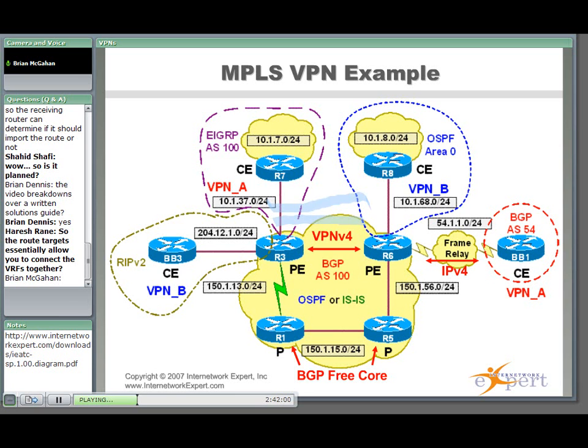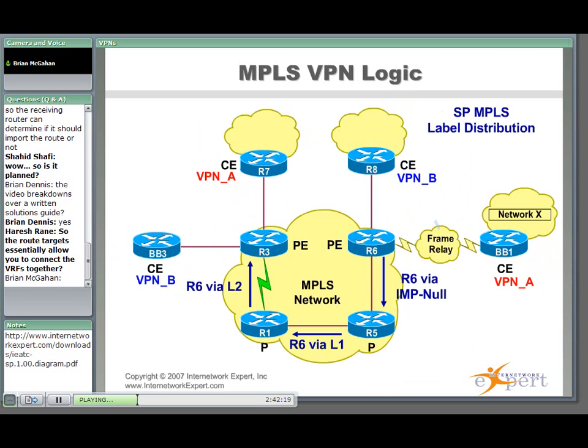And now, again, if we look at the logic of how the VPN forwarding is going to work, the MPLS VPN forwarding, router 6 is advertising, in addition to the regular prefix, a VPN label. So router 6 is saying to router 3, in order to get to those routes coming from backbone 1, you're going to use me as the next hop, and you're going to use the MPLS label that I am advertising to you. Previously, what happened is that router 3 already knew an MPLS label, a transport MPLS